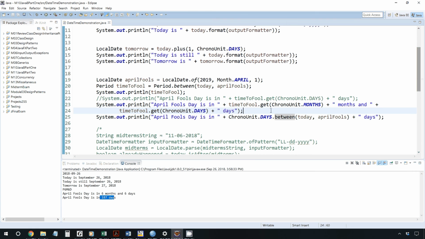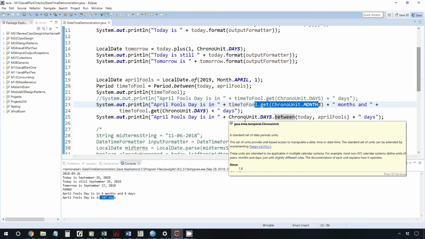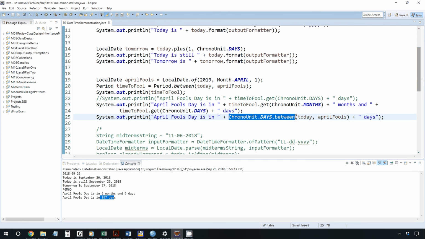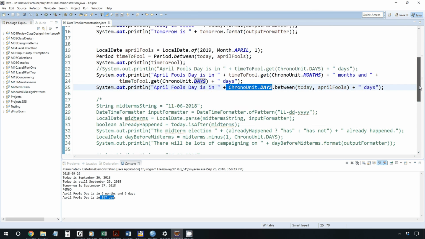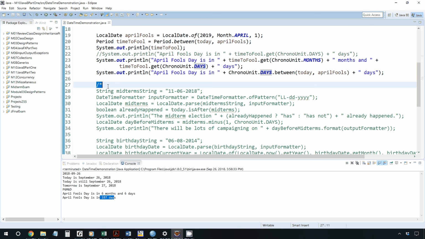So you got to keep in mind the difference between these things. If you're just using the get method with a ChronoUnit, you're just extracting kind of the leftover amount of date that is associated with that unit. Similarly, if you're using local time, same thing. If you want to know the total number of that unit and you don't want just the leftover, then you want to use the between method through that ChronoUnit enum value. Okay? So let's look at some more